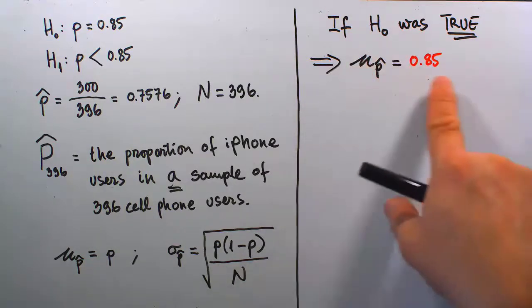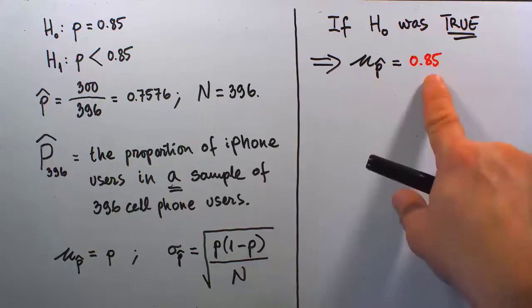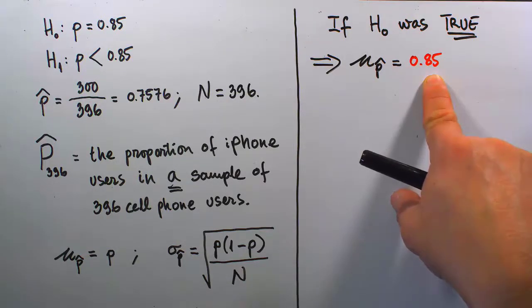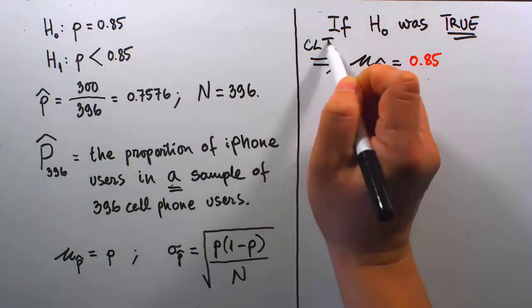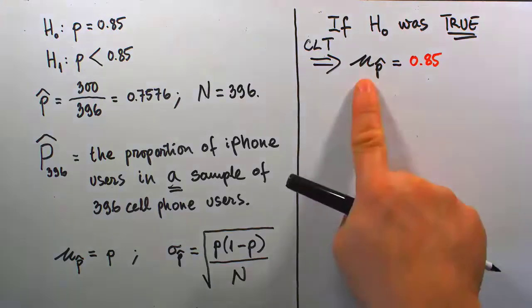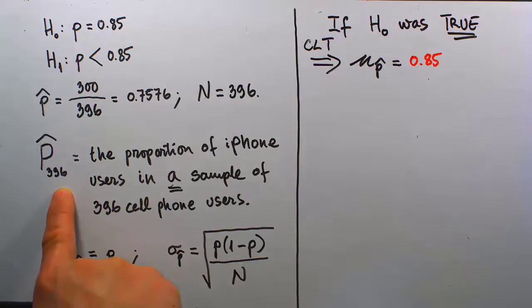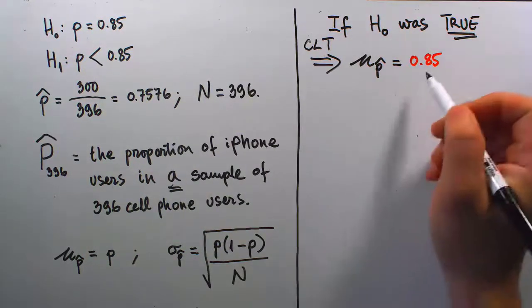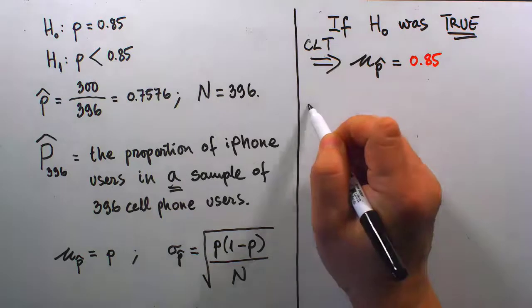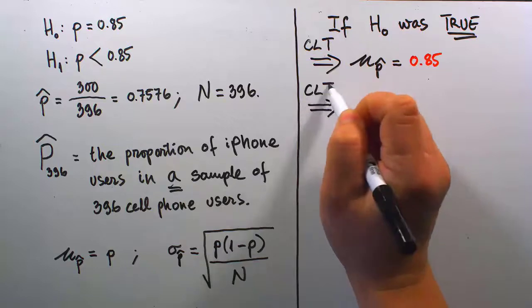So if this value really was accepted as the truth, then that population proportion currently being accepted is going to be, based on our understanding of the central limit theorem, it leads to mu p hat, the center of all sample proportion values, must be equal to 0.85. And so a further consequence, again according to the central limit theorem, is that